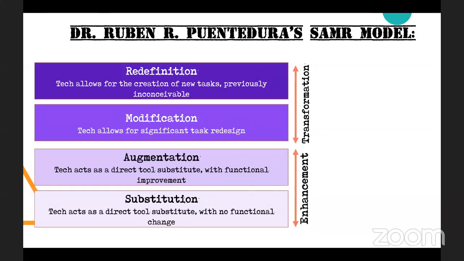Lastly, the last level of Dr. Puentedura's SAMR model is what we call the redefinition level. In redefinition, we allow students to create new tasks that before were even inconceivable. You can't even be aware of those tasks that before were unimaginable. But because of technology, we can provide students an avenue to be able to do these activities. Let's say again, you go back to that form